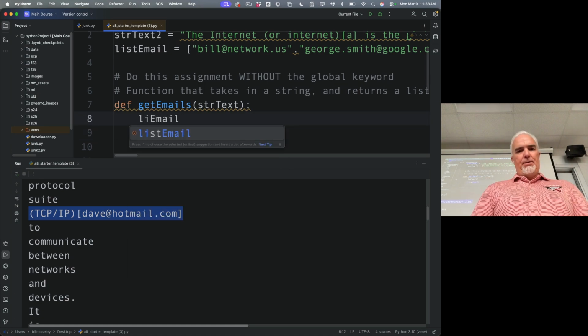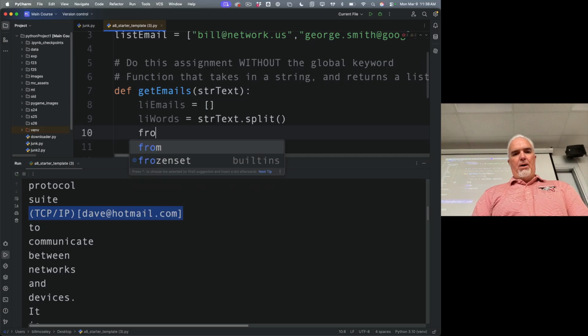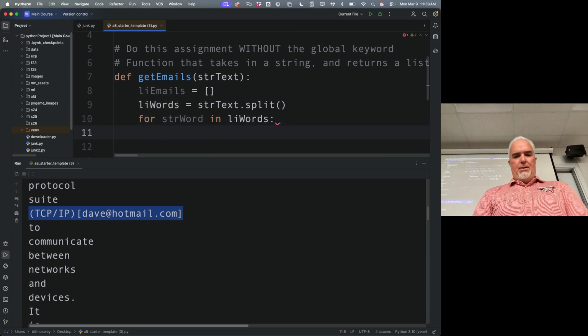Li emails is going to be a blank list, an empty list. So I'm starting with an empty list. I'm going to split my text into a group of words. And then one at a time, I'm going to ask, is that possibly an email address? All I'm going to look for is the @ sign. So I'm going to say for str word in li words, for each word in that list,